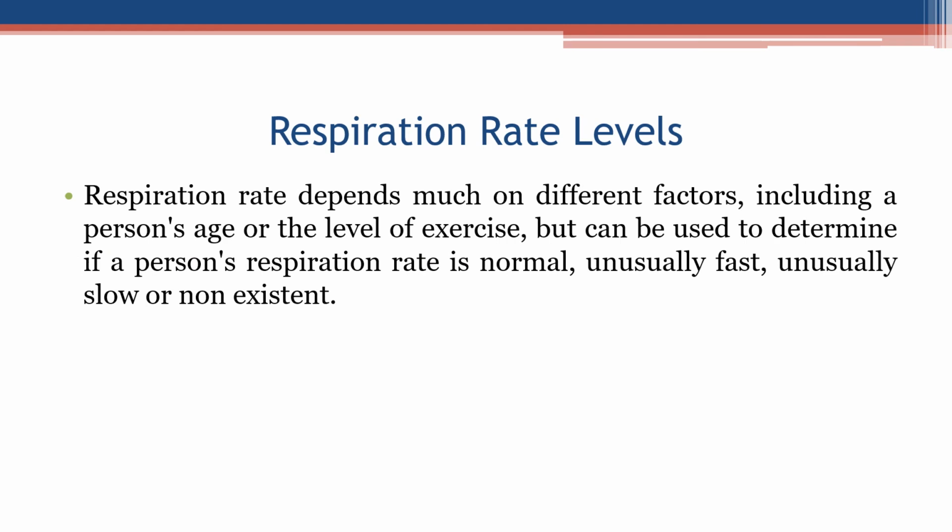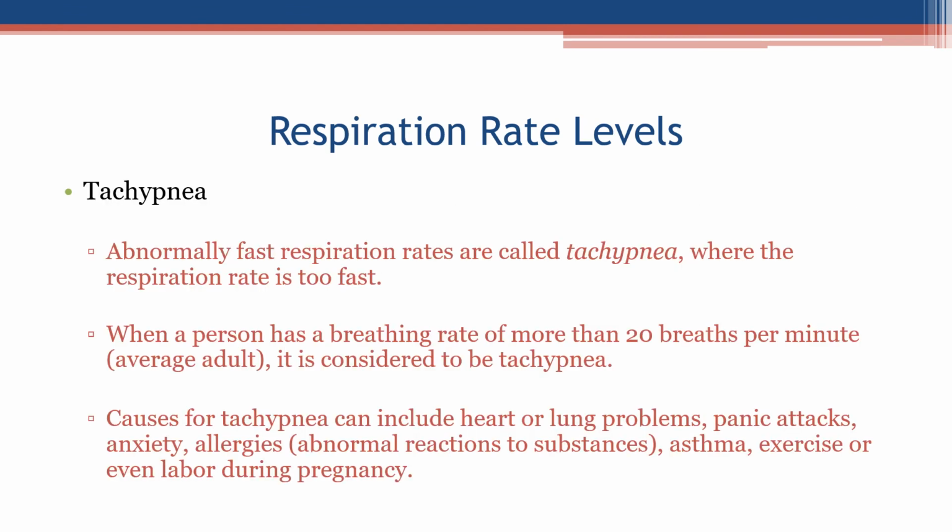Respiration rate depends much on different factors, including a person's age or the level of exercise, but can be used to determine if a person's respiration rate is normal, unusually fast, unusually slow, or non-existent. Tachypnea. Abnormally fast respiration rates are called tachypnea, where the respiration rate is too fast. When a person has a breathing rate of more than 20 breaths per minute, average adult, it is considered to